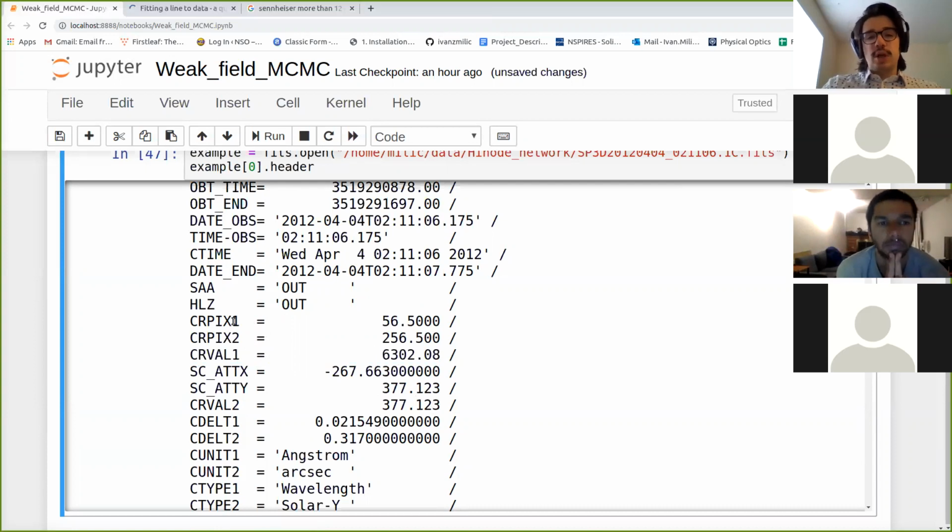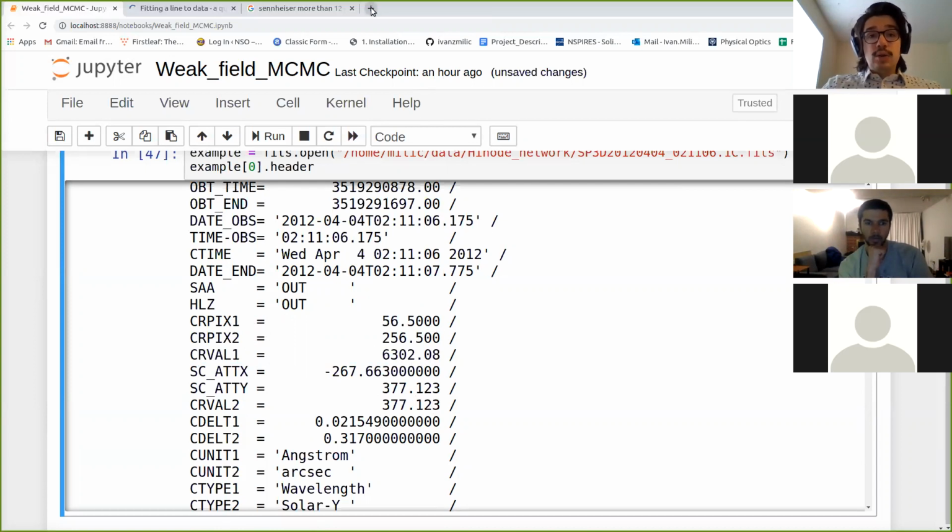And I know it sounds weird that we have a half a pixel, but that's the way it is. This means that the wavelength 6,302.08 is located at pixel index 56.5. Okay, so then the only thing to create the wavelength calibration, we need to know the sampling of